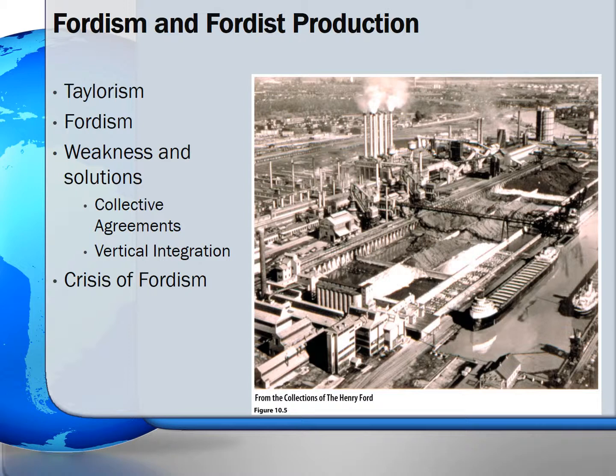The assembly line was very efficient and productive, but there were weaknesses. One, the assembly line had to constantly be moving to be the most effective. Two, there had to be a mass market for the product, which assumes unlimited growth in both production and sales. And three, assembly line work is extremely boring, which creates high rates of turnover. A few of the solutions to these weaknesses were collective agreements, which when signed by the workers established high wages and long-term work, and vertical integration, which occurs when a company controls two or more stages in the production or distribution of a commodity. This then lessens the company's vulnerabilities.